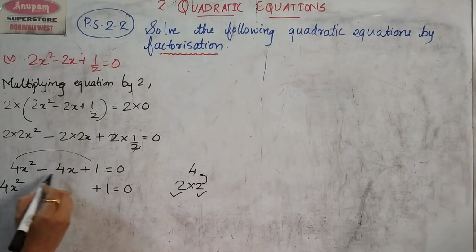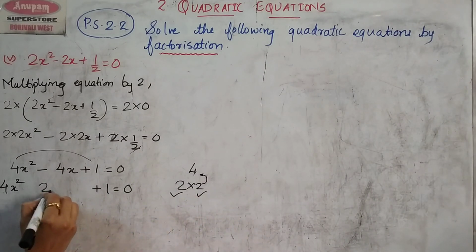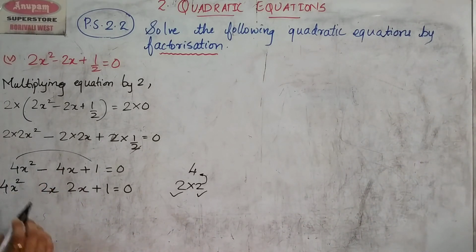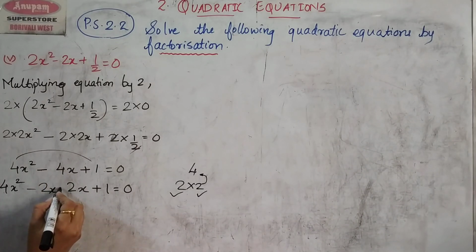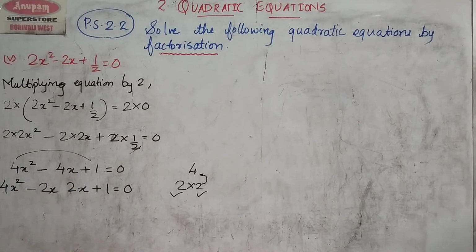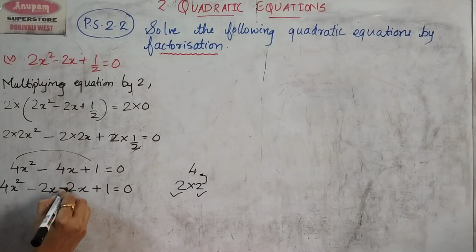Now instead of this 4x, I'm going to write down these two numbers 2 and 2 along with the coefficients. Now this sign goes to the bigger number, but here both the numbers are 2, so I can give this sign to anyone. Now just see, minus, if I write down plus here, so minus into plus will become minus, and 2 minus 2 will become 0. I do not want 0 here. So instead of plus, I cannot put plus here because plus 2 minus 2 will become 0. So I'll put minus. Now if I put minus